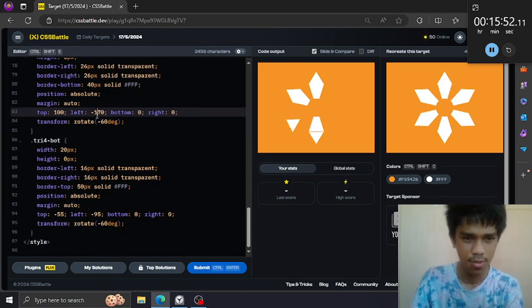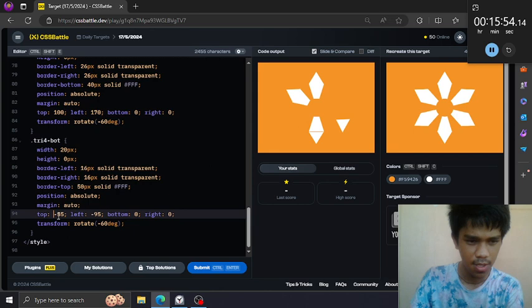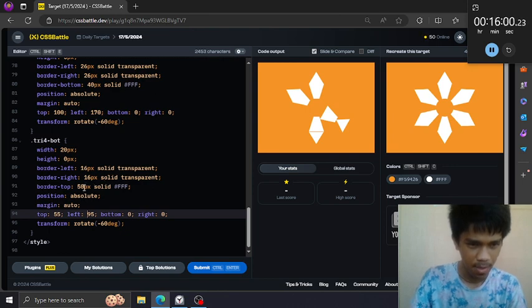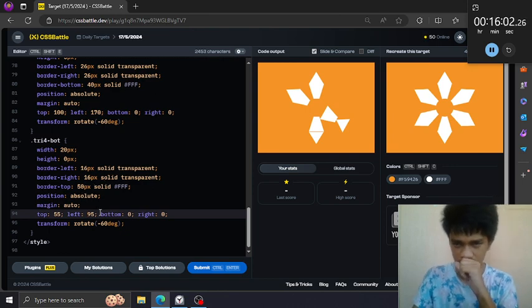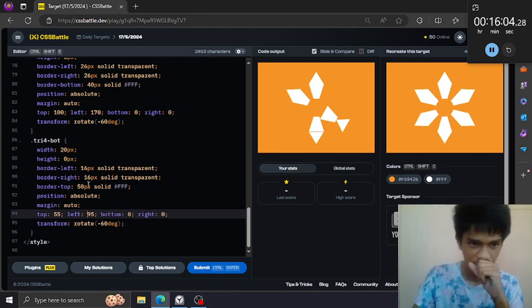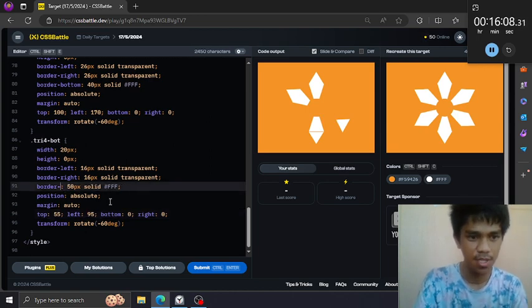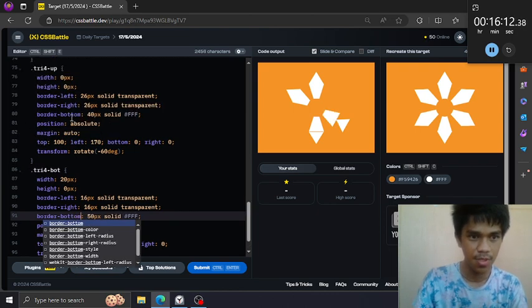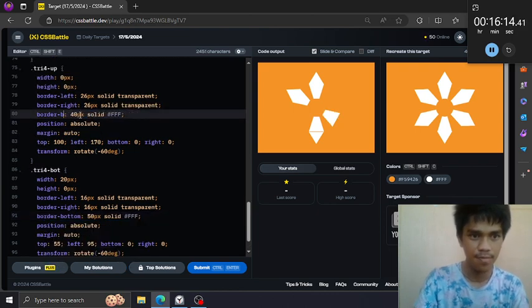Oh, and here to correctly position it. Then what next? From top, change to bottom. Also this one, from bottom, change to top.